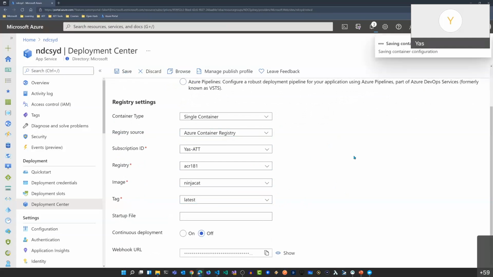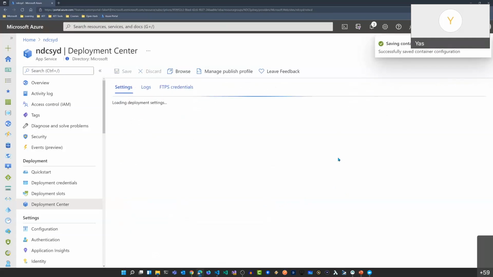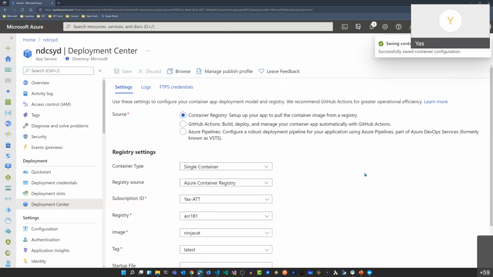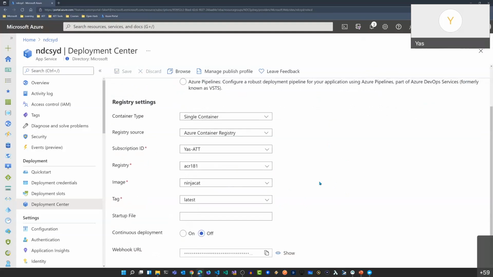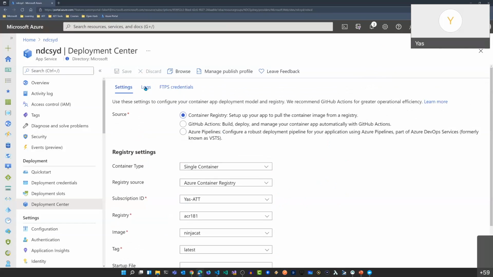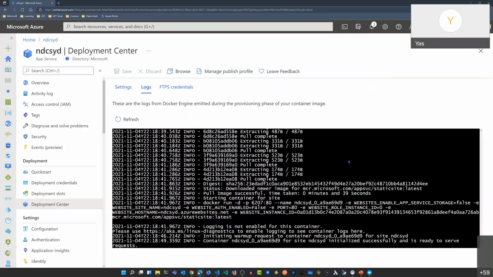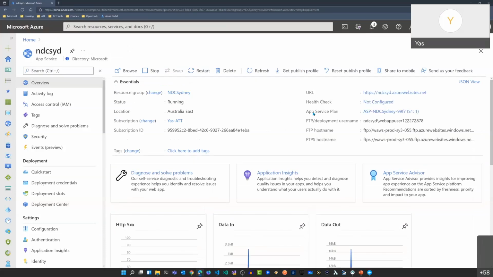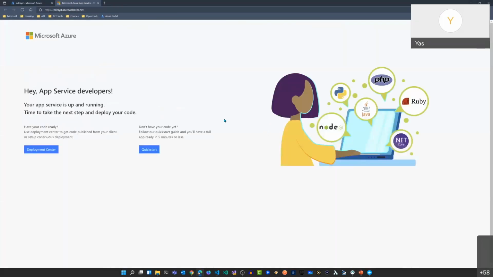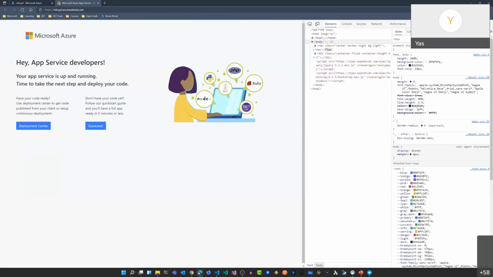If I save this, this is now going to fetch the image from this repository and run it in our container. So if I have a look at the logs here, you can see the image is being pulled. The container is going to be running our applications. At the moment, there is no logging enabled because I've disabled the logging just to be a bit faster. But this is now up and running. So if I come back into my application and bring this up, and if I get rid of the cache right here,